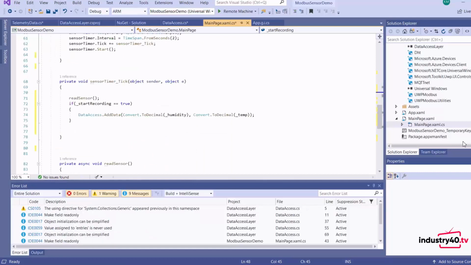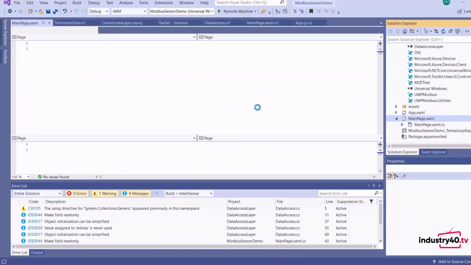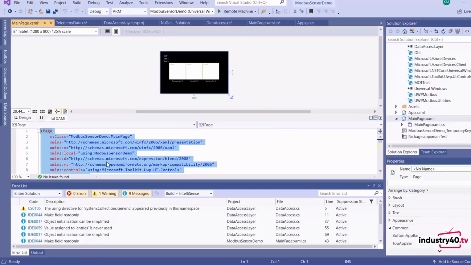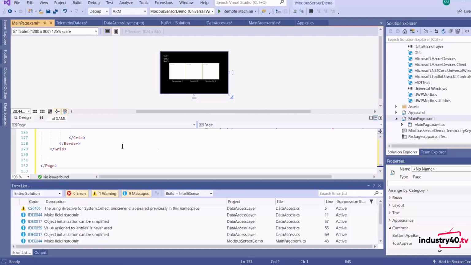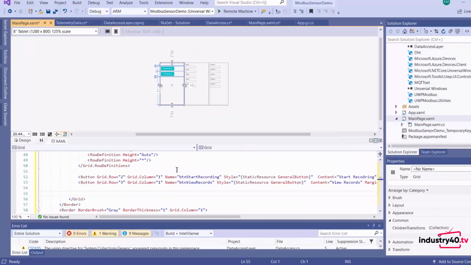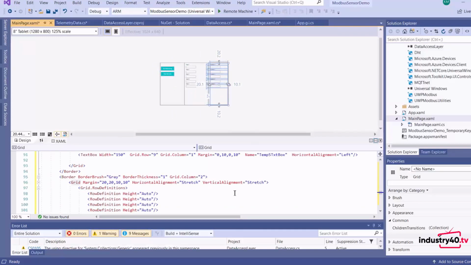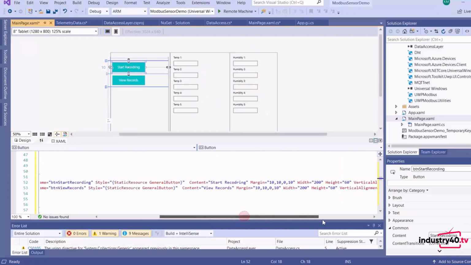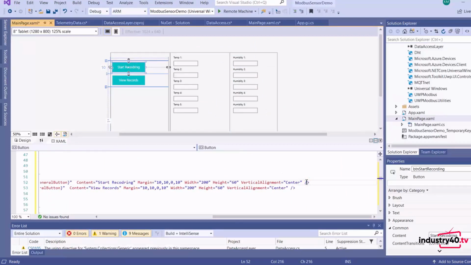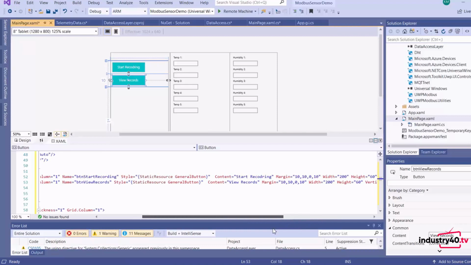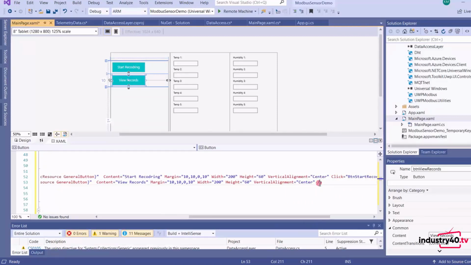Then we'll go to our main page.xaml to put the HMI for initiating the recording and viewing our recorded data. I'll just copy this. On this HMI, I've got 3 columns: one with the buttons for starting and viewing the records, another one for temperature data, and another one for humidity data. I'll go ahead and add an event handler for start recording button click, and also an event handler for view records button click.